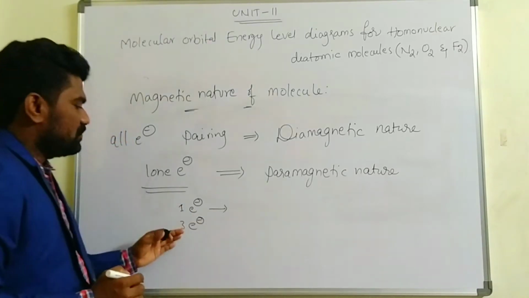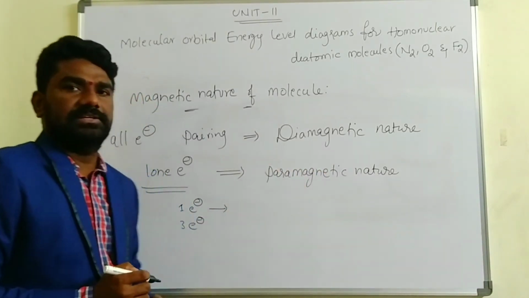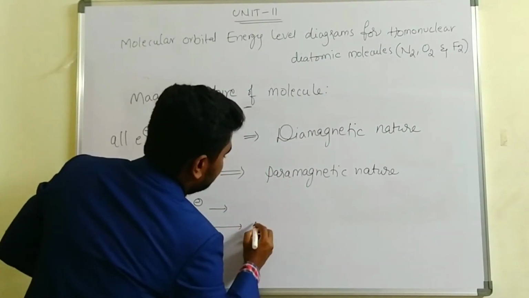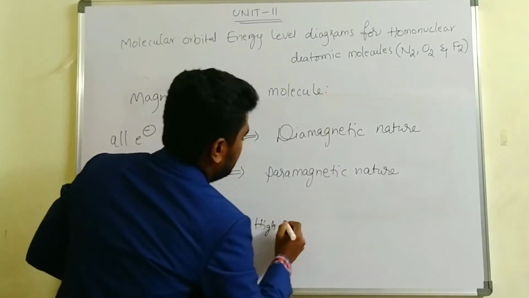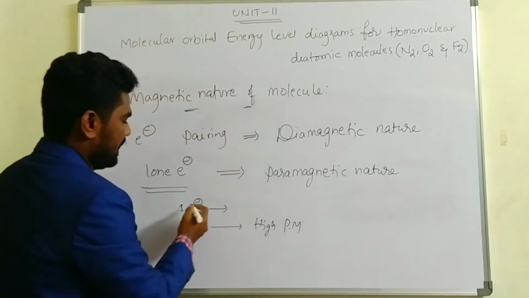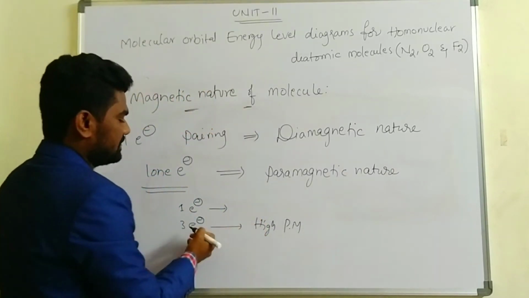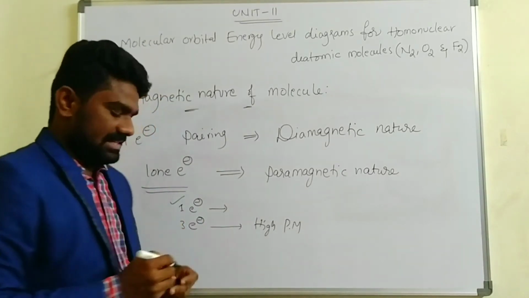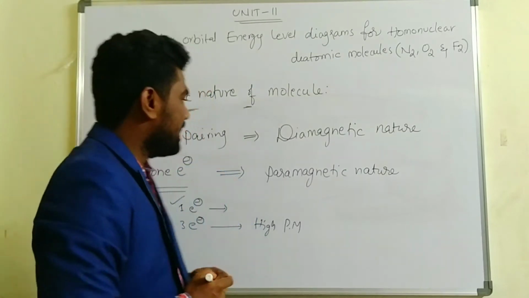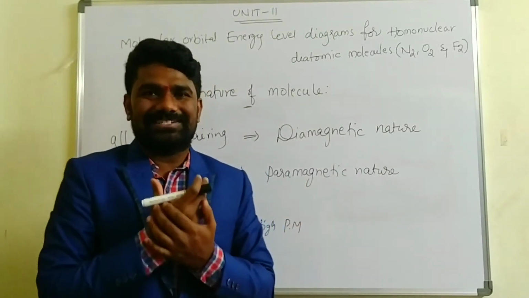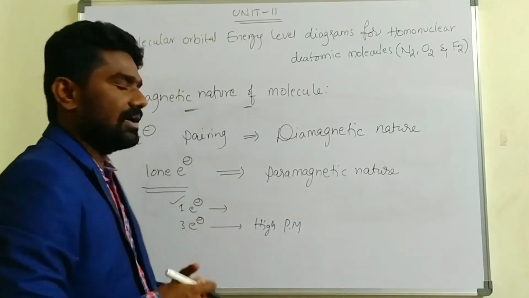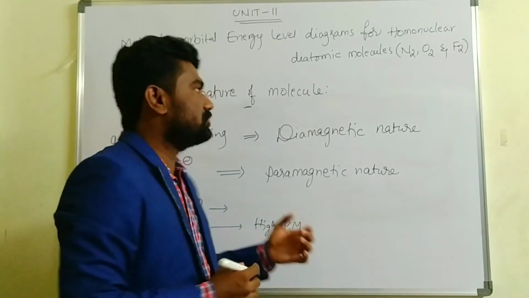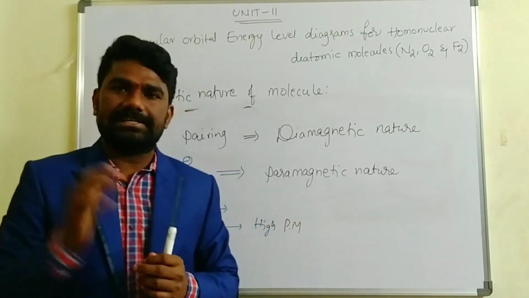Yeah, in this case, which one has the highest paramagnetic nature? You can easily say the second molecule has the higher paramagnetic nature compared to the above molecule, because the first molecule has only one unpaired electron and the second molecule has three unpaired electrons. The paramagnetic nature or strength can be explained by the unpaired electrons present in the molecular orbitals. Okay. We need to discuss these things after constructing the molecular orbital diagram